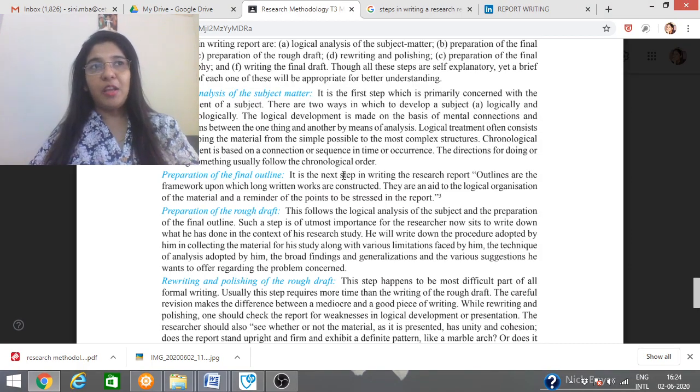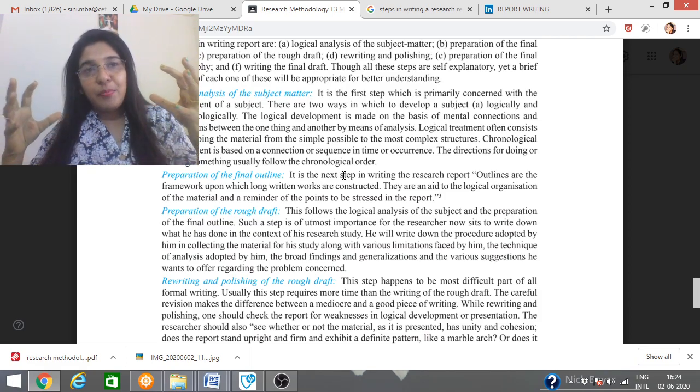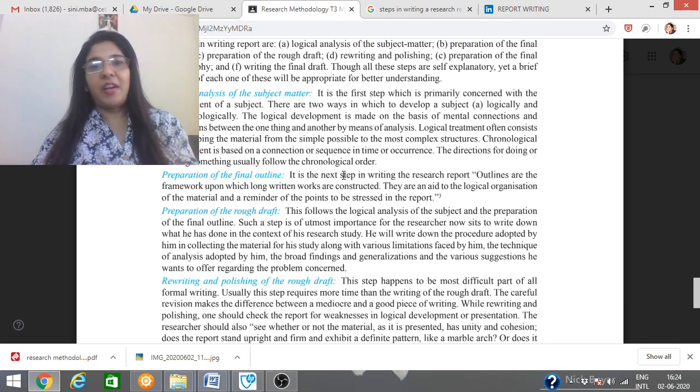After making the framework, you are going to fill in between all those things, that is, strengthen the framework by taking the matter into each and every area of the framework. That is called a rough draft. The rough draft follows the logical analysis of the subject. You will write down all the procedures adopted by you to collect the material, the limitations faced by you, the various techniques which you have used, and fill in the findings and recommendations area.